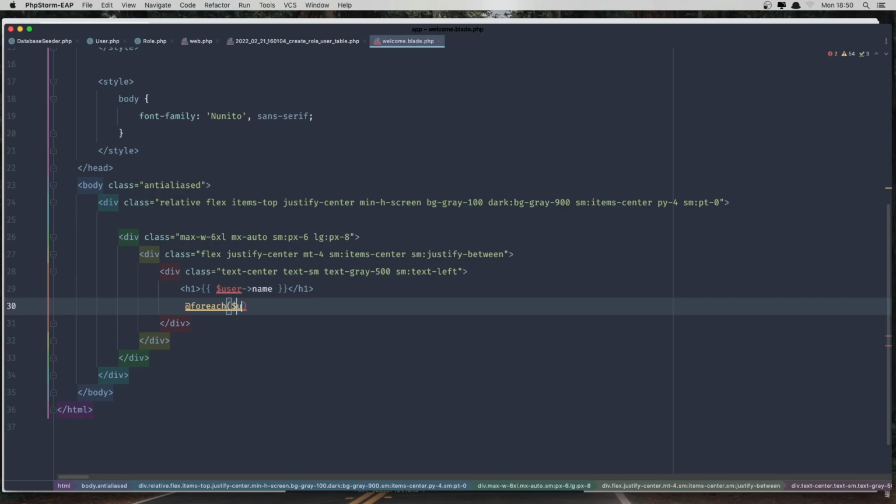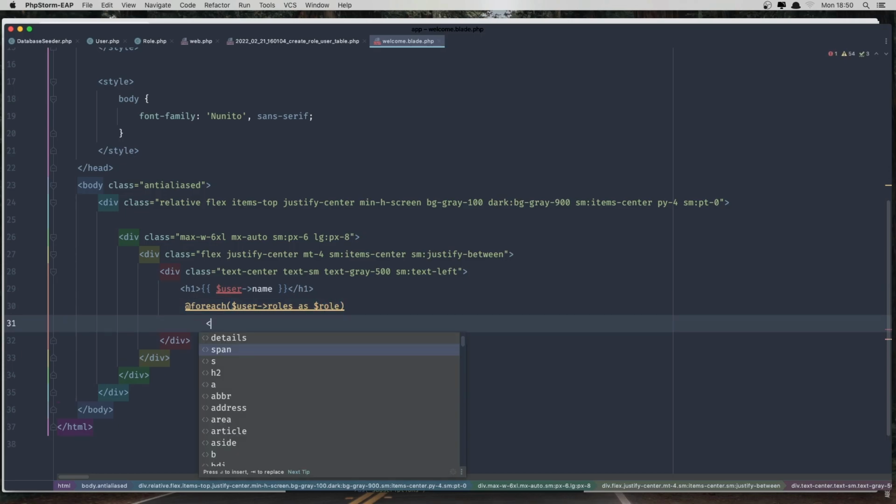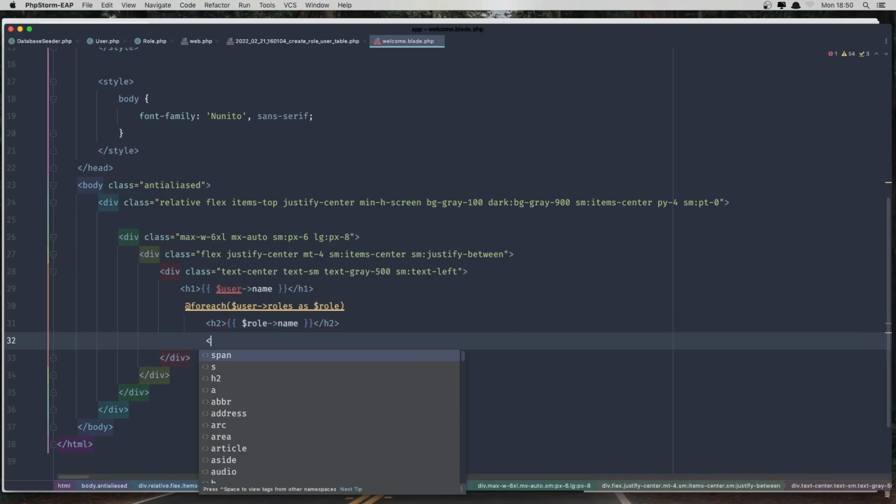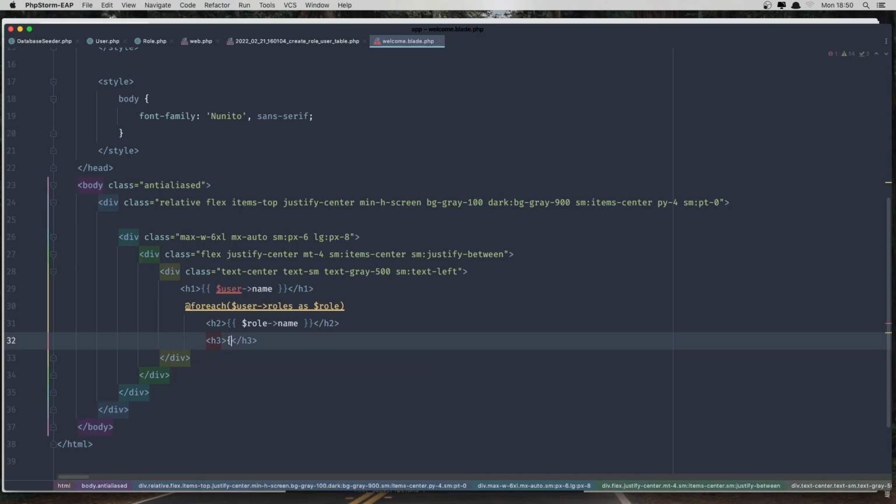So $user roles as $role, and h2 is going to display the role name, the h3 is going to display the role pivot and created at,